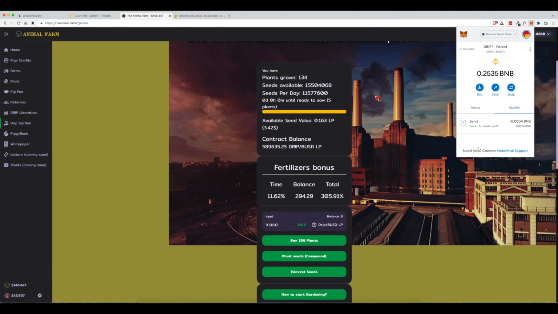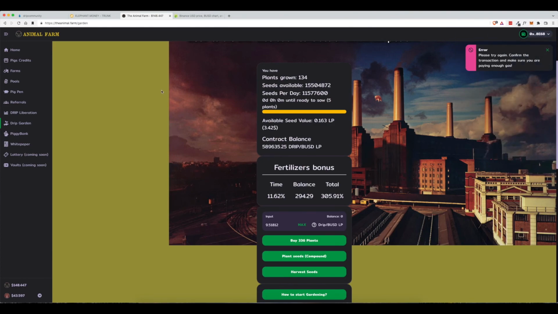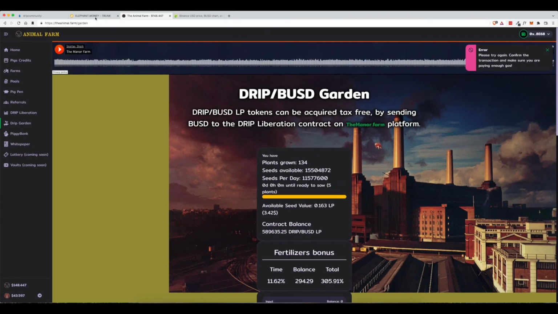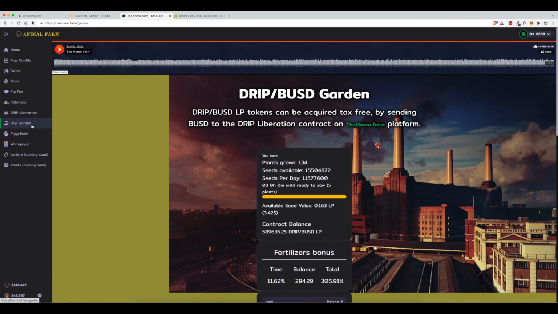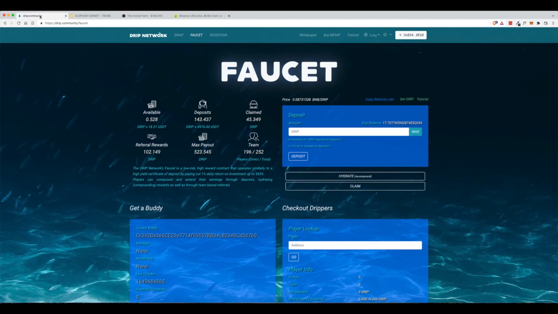If you do have any questions, I'm here to help. I can answer any questions that you have, but just know that I am not really familiar with elephant money other than doing the reserve and the staking. And with the animal farm, the drip garden is what I know best. But if you do have any questions regarding any of these 3 websites, or you need information on where to find different links,